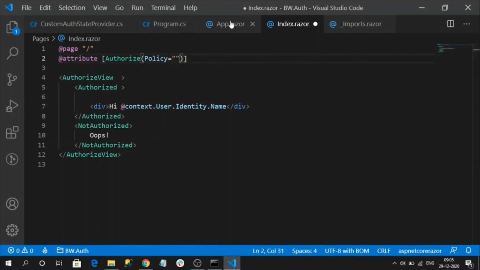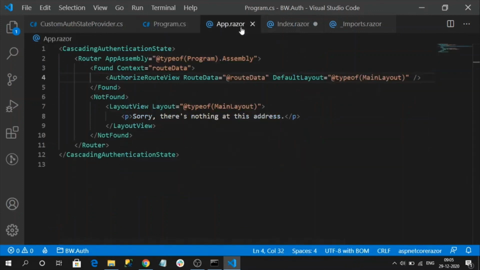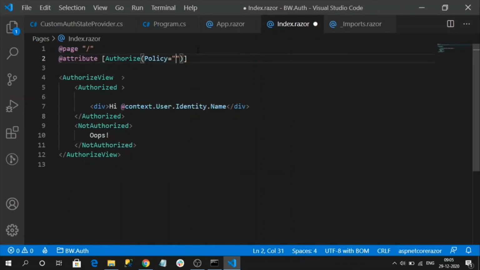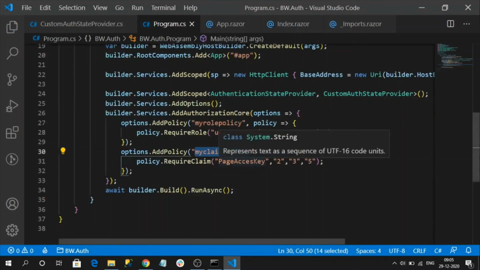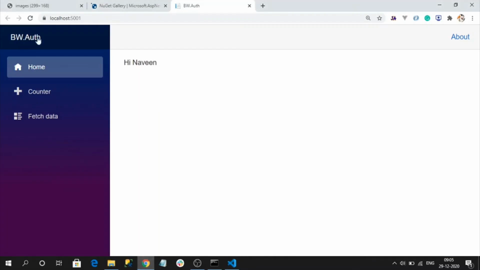I'm going to paste my claims policy name, which is my claims policy. Since I have this claim and its value too, I can access the page.